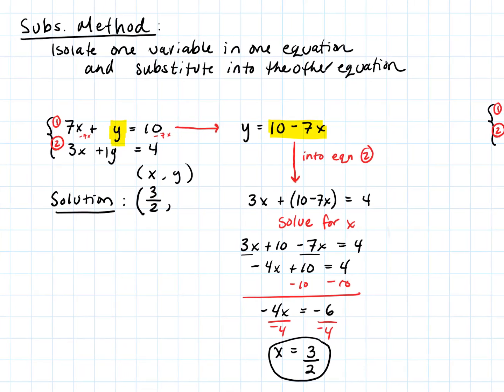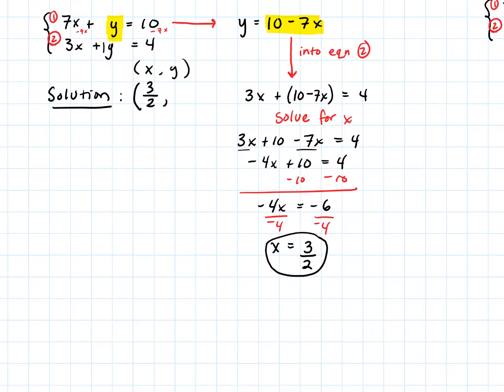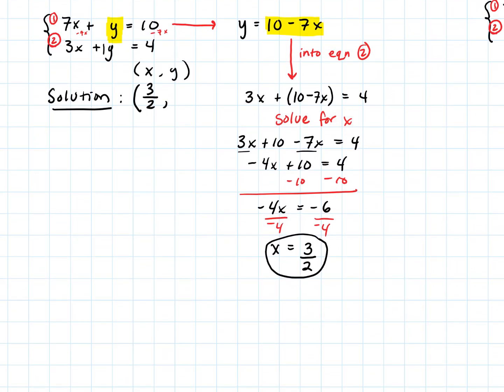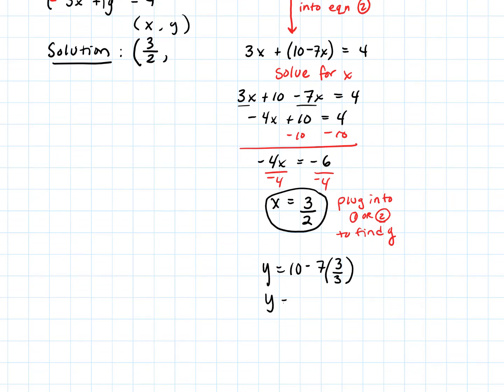So now we're going to take that and we're going to plug it back in. It actually doesn't matter if we plug it into the first or the second equation, but we're going to plug into 1 or 2 to find y. Now, I'm going to just go ahead and plug into the one I have highlighted right here. I know that y is equal to 10 minus 7 times x, so 7 times 3/2. And so y is equal to 10 minus